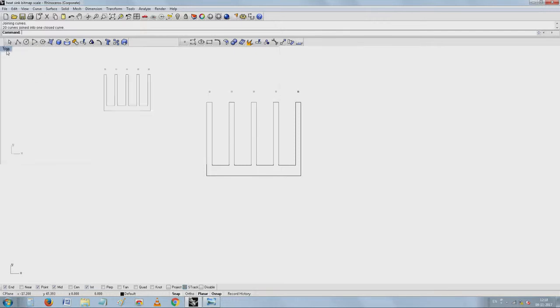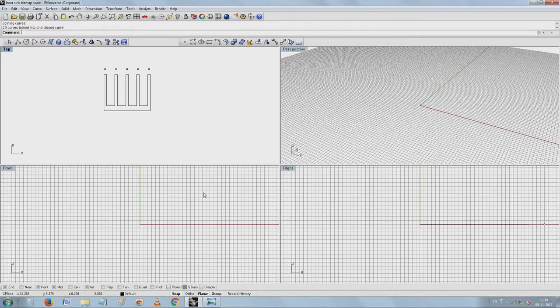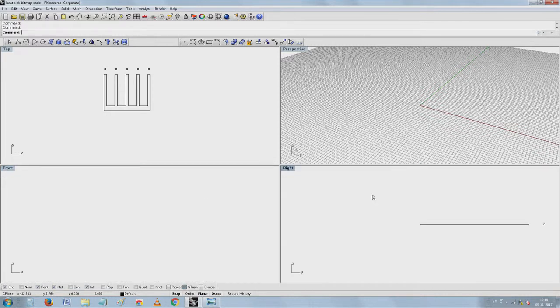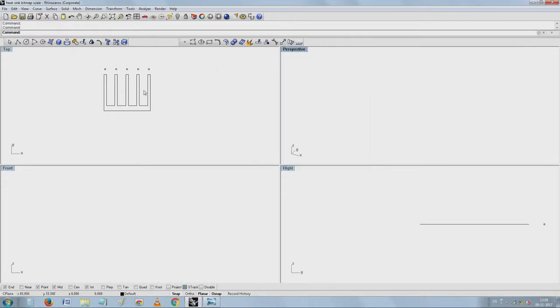See here I have a beautiful profile which looks like this. I will just switch off this grid, which is a little distracting. Now, this being on the top surface, I will try to do something else.